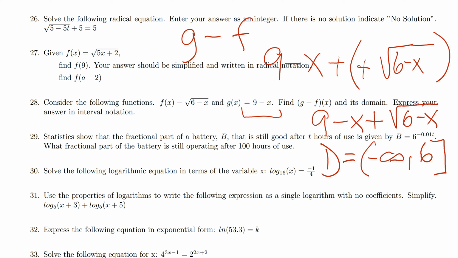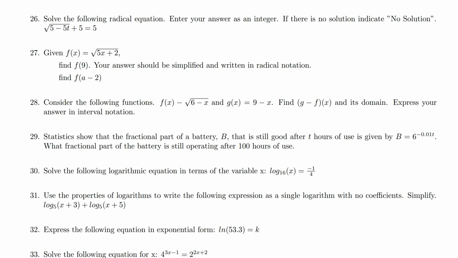Okay, let's do statistics here. Show that the fractional part of a battery, B, that is still good after T hours is given by this right here. What fractional part of the battery is still operating after 100 hours? So we're going to put for T 100. So this will be 6 caret